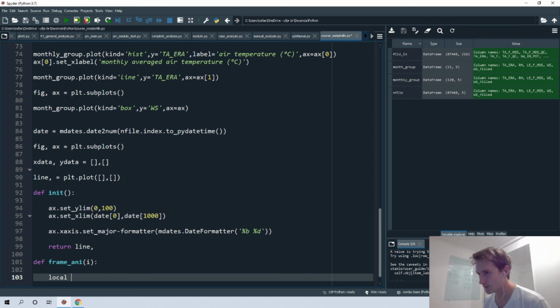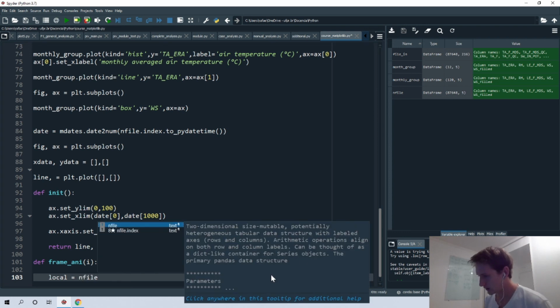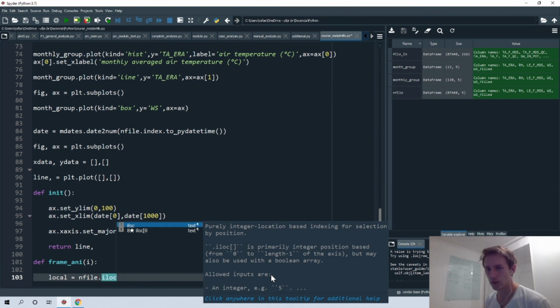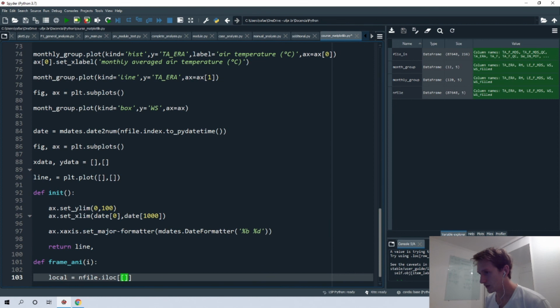So local, it's any file dot iloc, because we extract information from there, and then we specify the counter for that. So it will be 0, 2, 3, 4, 5, 6, 7, 8, and then you take each time step. Okay, you take the information from each time step.